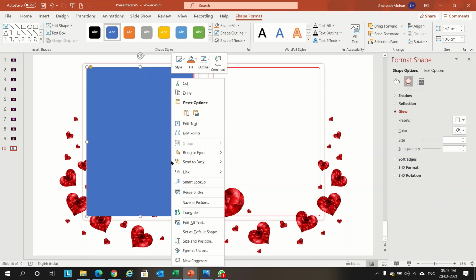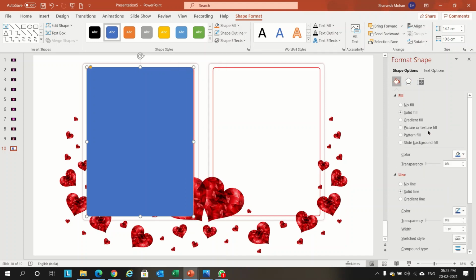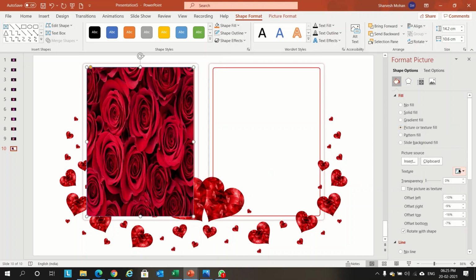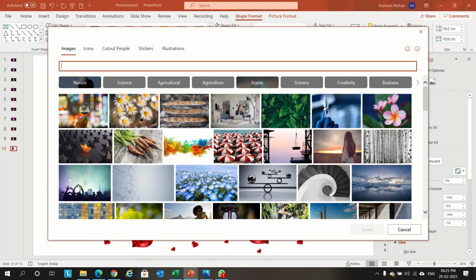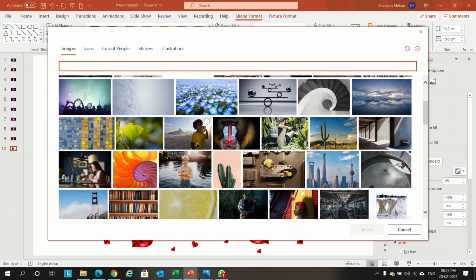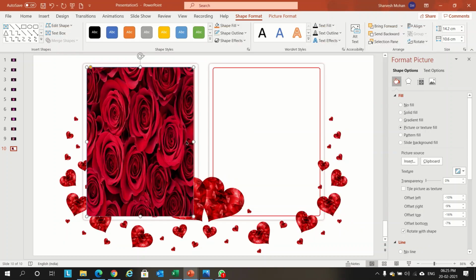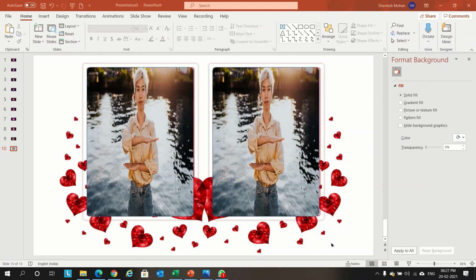Then right click, Format Shape, go to Picture, and you can select any of your pictures. Paste in the frame and you can edit it.